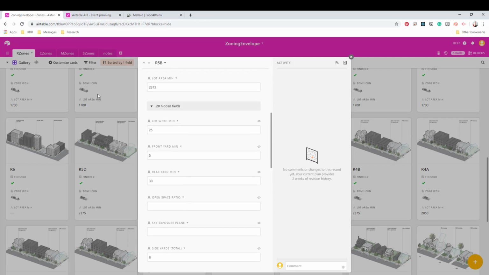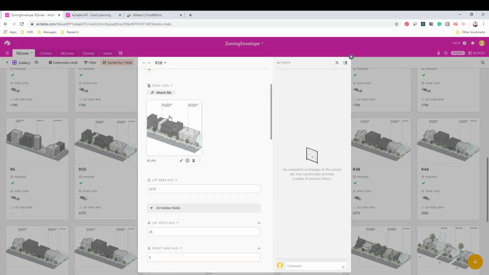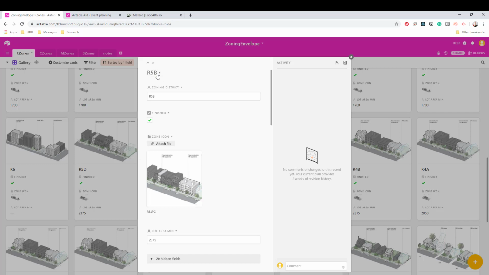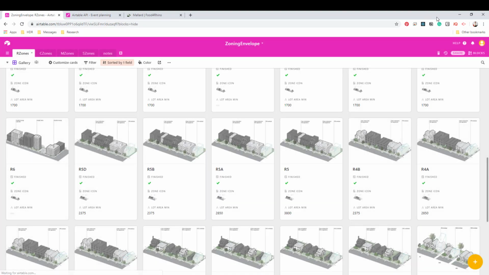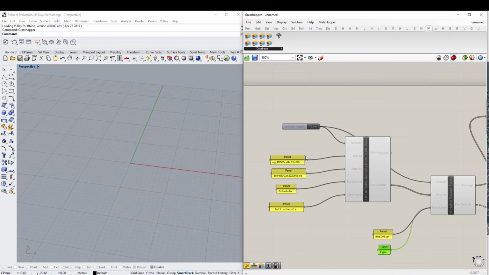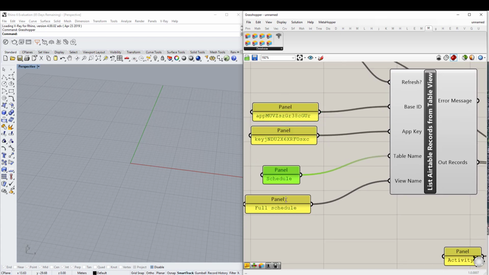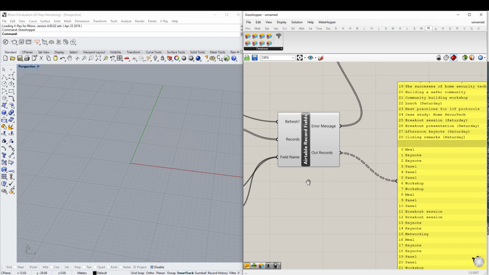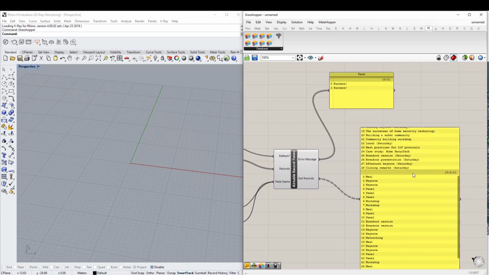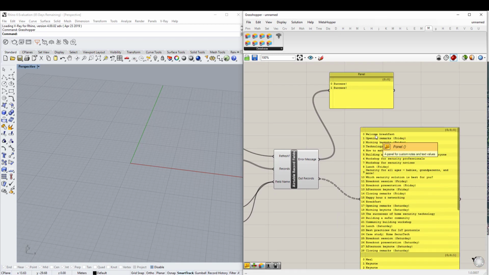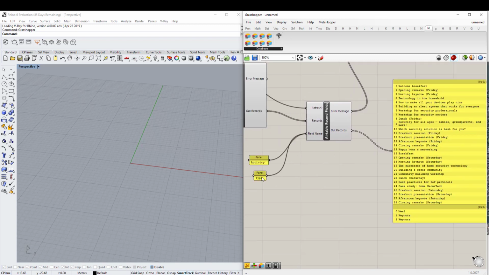And now if we want to connect to this database and pull out the rules governing the zoning envelope for that specific R5B zone, I can simply connect to the proper base, use the proper key, look at the correct view, and then search for a specific zone,